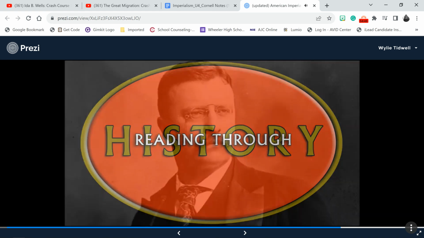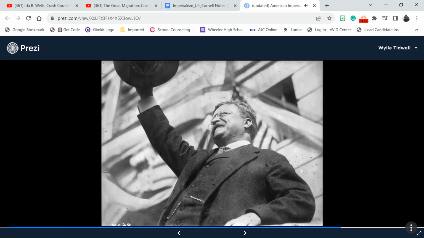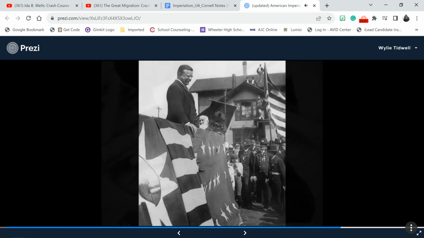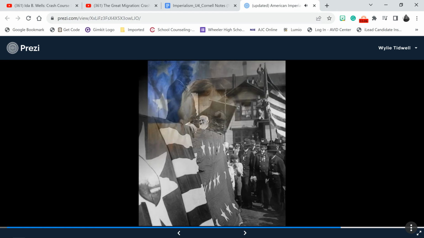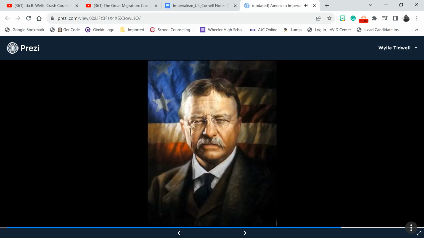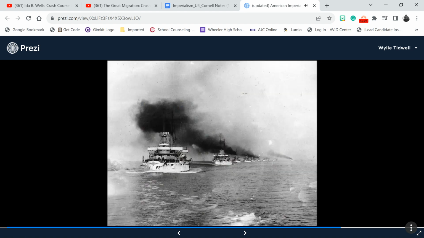Theodore Roosevelt and the Panama Canal. In 1901, the assassination of William McKinley thrust Vice President Theodore Roosevelt into the role of President of an emerging power. Roosevelt, unwilling to allow European nations to dominate international political and economic affairs, was determined to make the United States an even more powerful force on